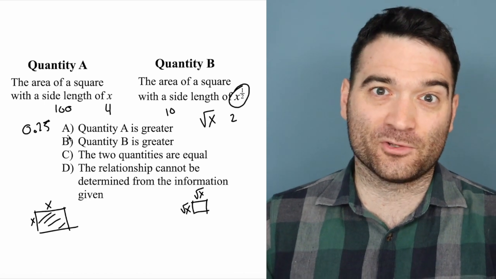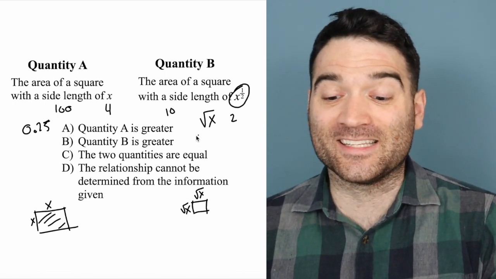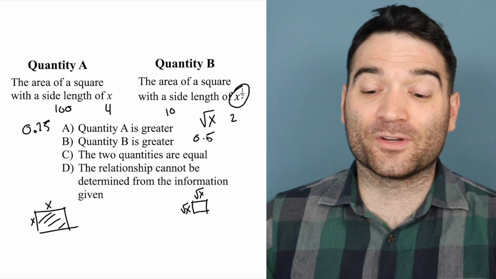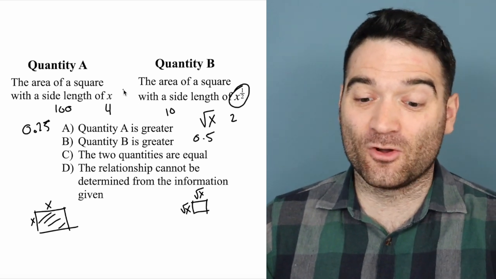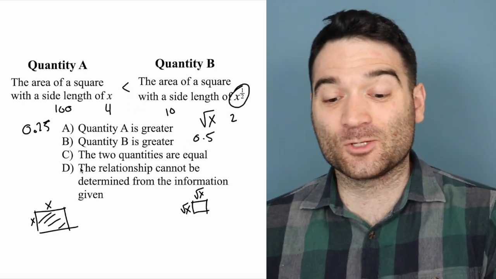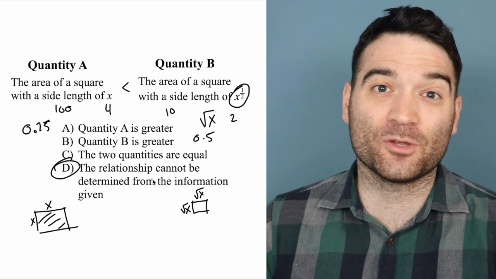What's the square root of 0.25? Use your calculator. You'll find that it's 0.5. So there is at least one case, as I've shown, where quantity B is greater. And because we have conflicting cases, the relationship cannot be